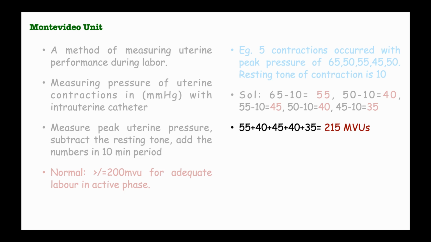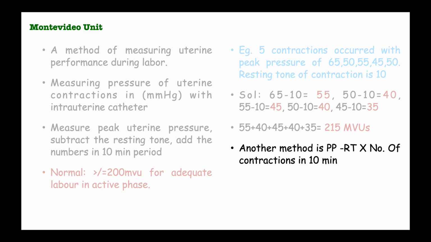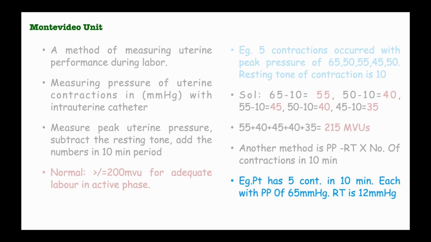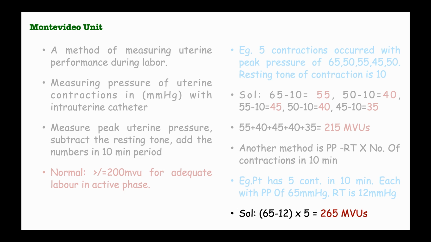There's another method that we can use to do this, which is getting the peak pressure and subtracting the resting tone from it. Then we multiply it by the number of contractions within 10 minutes. And so, for example, if the patient has 5 contractions in 10 minutes, each with a peak pressure of 65 millimeters of mercury, and a resting tone of 12 millimeters of mercury, we subtract 12 from 65, then we multiply it by 5, which is the number of contractions in 10 minutes, and we get 265 Montevideo units, which is considered adequate for labor in the